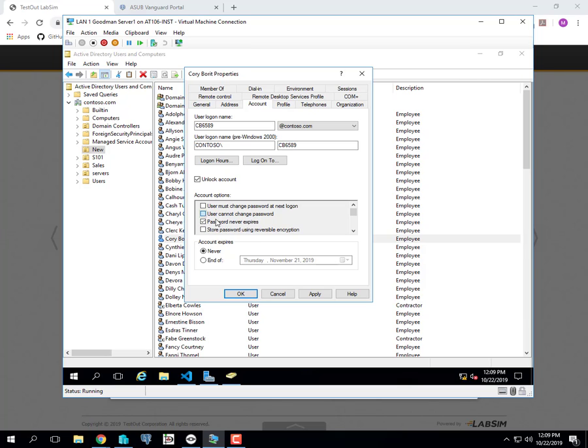User can't change password and password never expires is great for service accounts. Any program that runs on a computer has to be running as a user account. Some programs run as services like a web server, a backup server, antivirus programs, things like that. They authenticate. And some systems create their own account when you install them into a network server like the Windows server. Those accounts